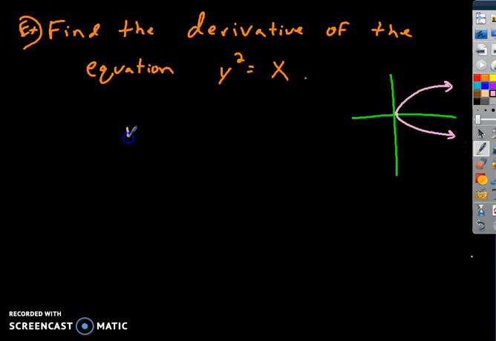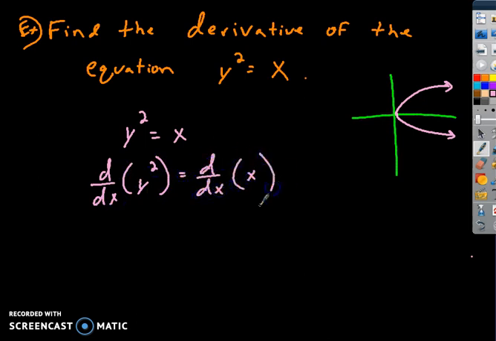If I want to find the derivative of y squared equals x, you basically take the derivative of the left side with respect to x, and take the derivative of the right side with respect to x. The derivative of y squared, using the power rule, would be 2y to the first times y prime. Whenever we take the derivative with respect to x and we have x and y, we have to keep in mind that with the y section, we take the derivative of the function times the derivative of the inner part, and that deals with